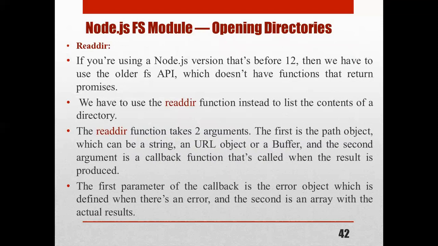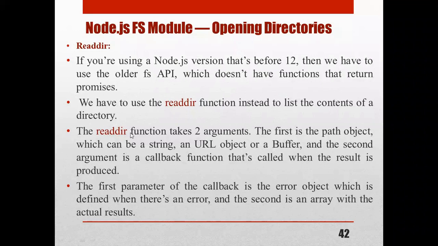How can we read this directory? If we are using a Node.js version that's before 12, there are several versions for Node.js, then we have to use the older FS API. If we are using the newest version after 12 LTS, then there is no need. If we are using the older version, then we have to use the older FS API, which does not have functions that return promises. So we have to use the readdir function, the read directory function, instead to list the contents of a